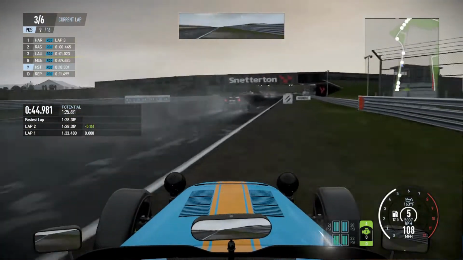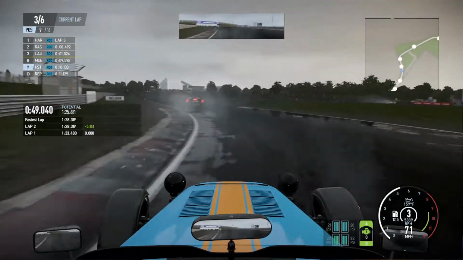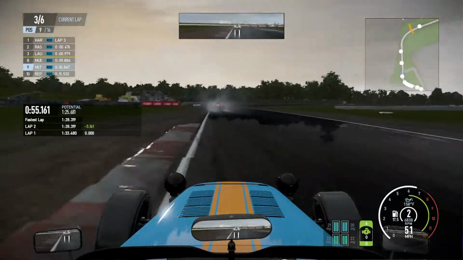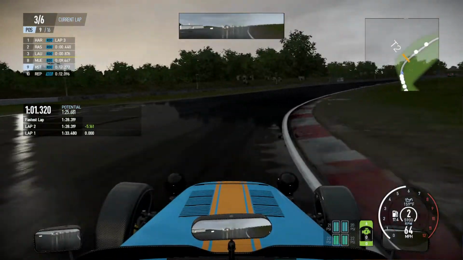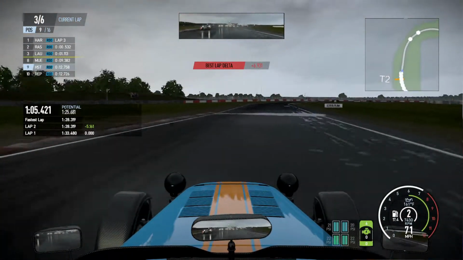I mean, there was no input from me there at all, it just got dragged off. Got up to 6 damage on the front end of this car now. I really don't know how the damage system works on this game, but I'm guessing the bigger the number, the more damage I have. And oh my days, this is